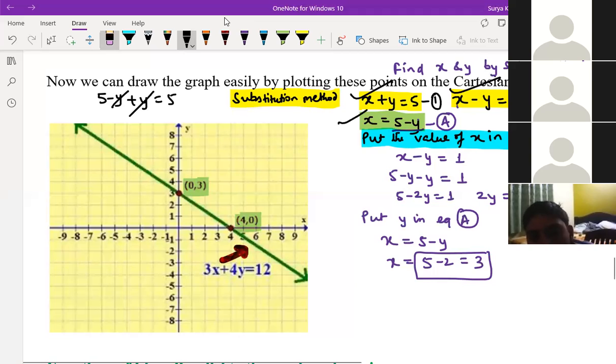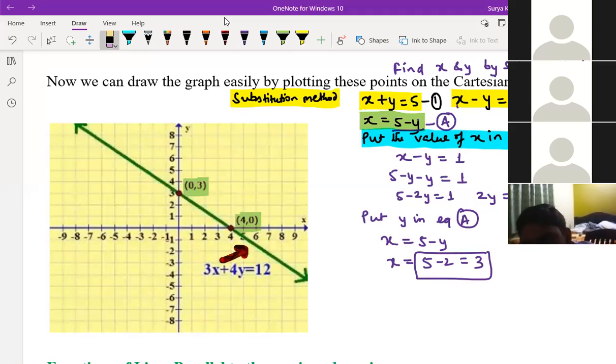What I was telling, the important point I told you is this blue part I gave. That is the main important point: put the value of x in the second equation. This is very important. If you are finding the x value from the first, you should put it in the second compulsorily. Then this y value can be put in either the first or the second. Now tell me where you're not understanding, Sai Charan.